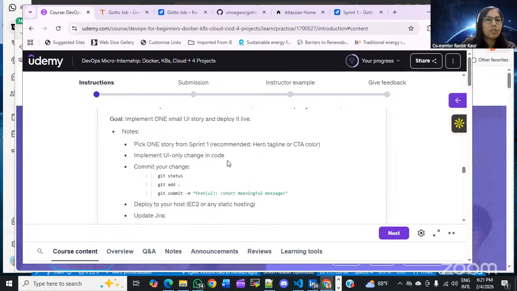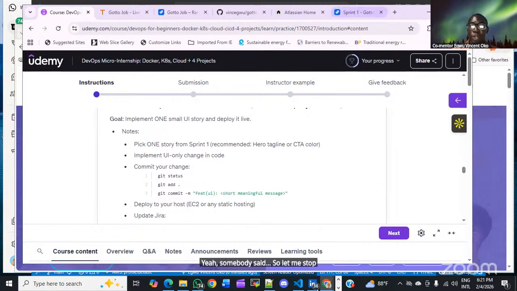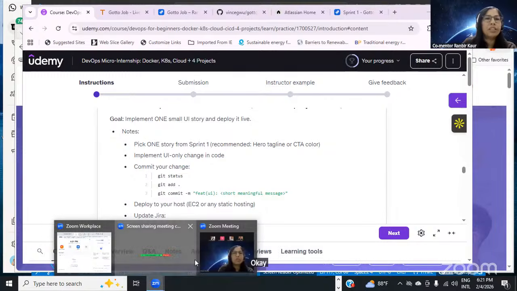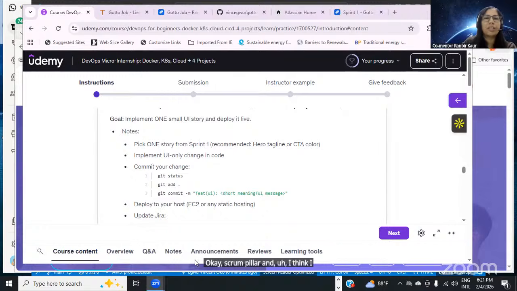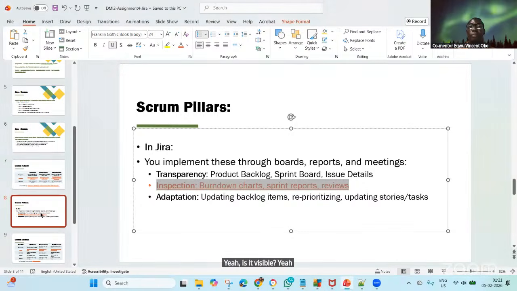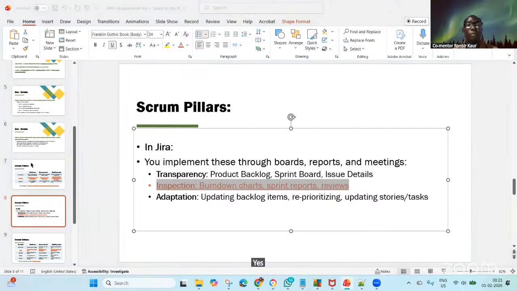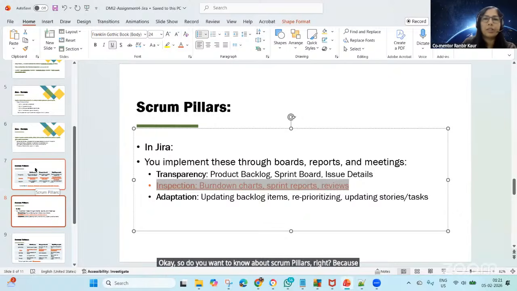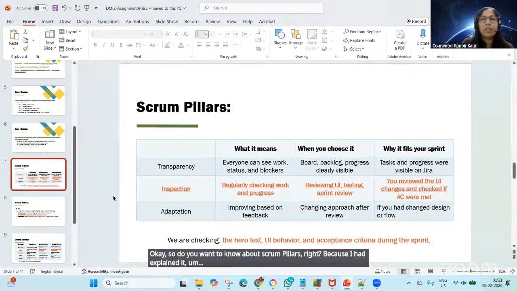Let me stop sharing so that you will have to share your screen. Okay, Scrum pillar, and I think I had explained. Were you there at that time? I'd already shared. Are you sharing now? Yeah, is it visible? Yes, it is. Okay. So do you want to know about Scrum pillars, right? Because I had explained it at the very beginning. So basically,